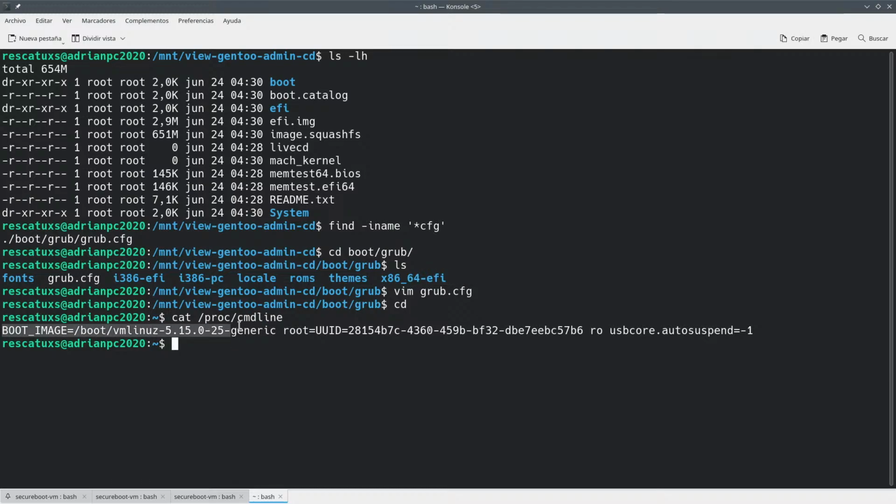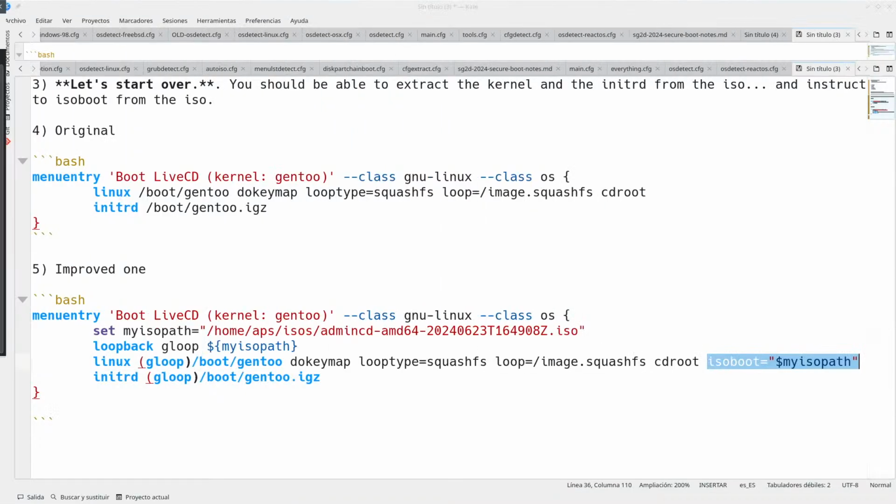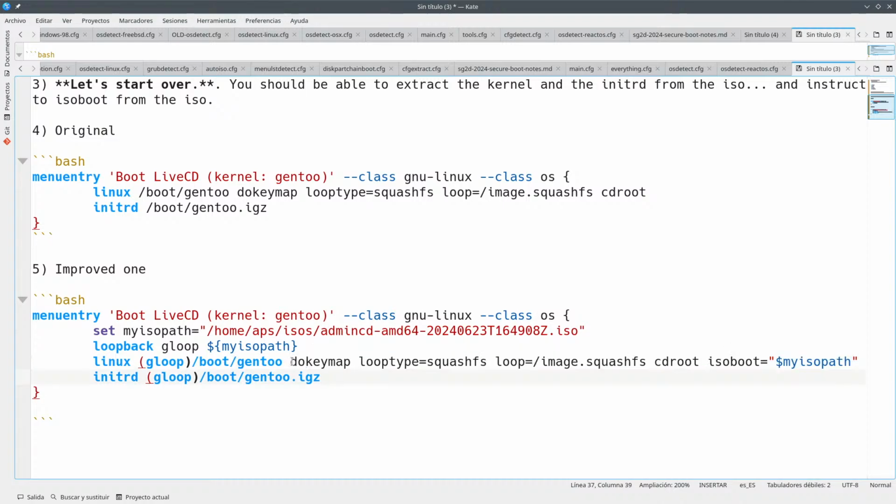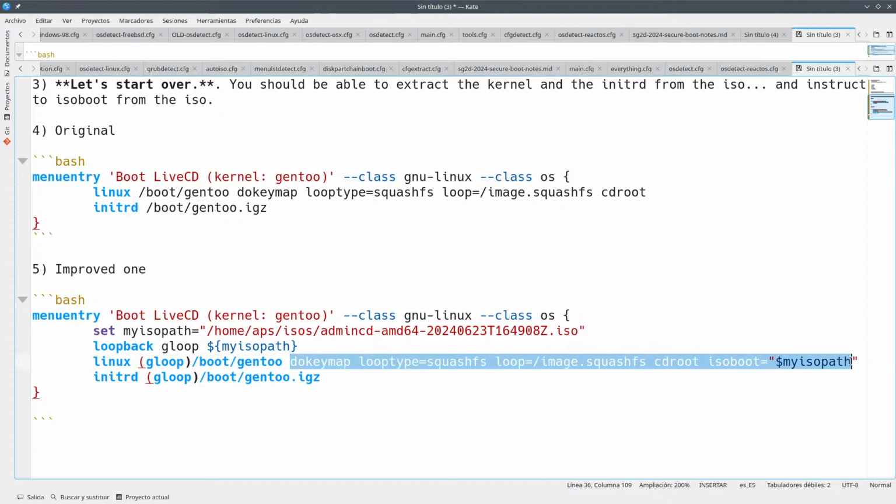So it says that the boot image is this, that the root is whatever, and that I have this additional option. This is read only. So when you boot from a live CD, the CMD line is going to be all of this. So it's going to be everything that is after the Linux kernel thing. So if you could do a cat of the CMD line, you will have all of this.